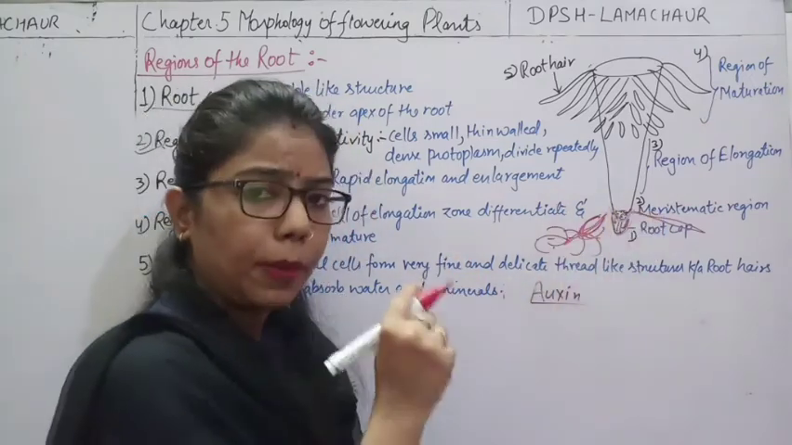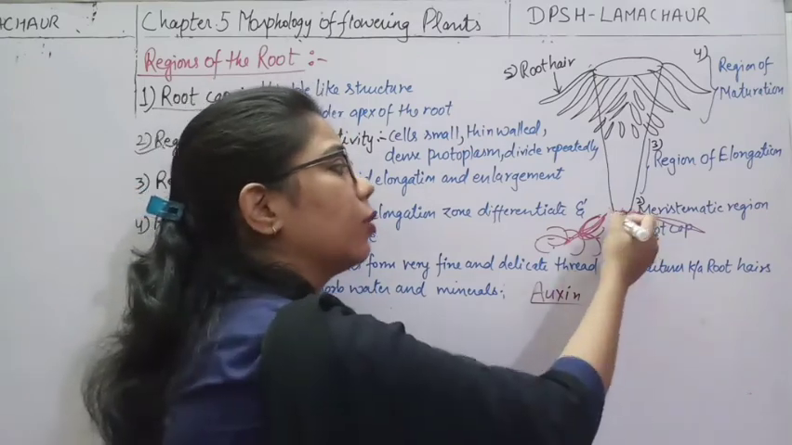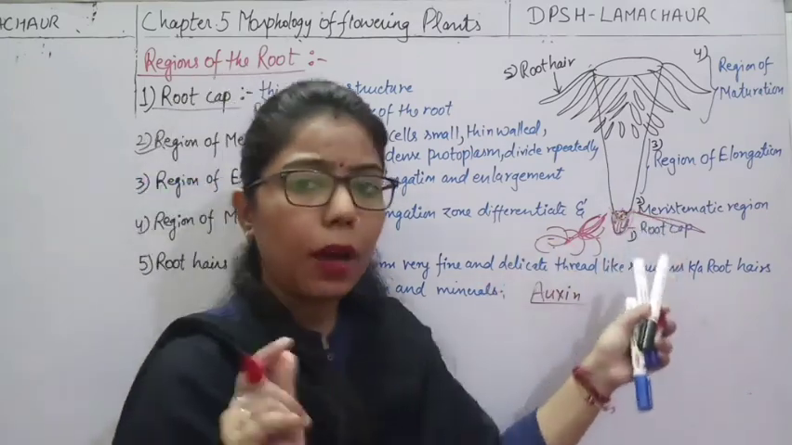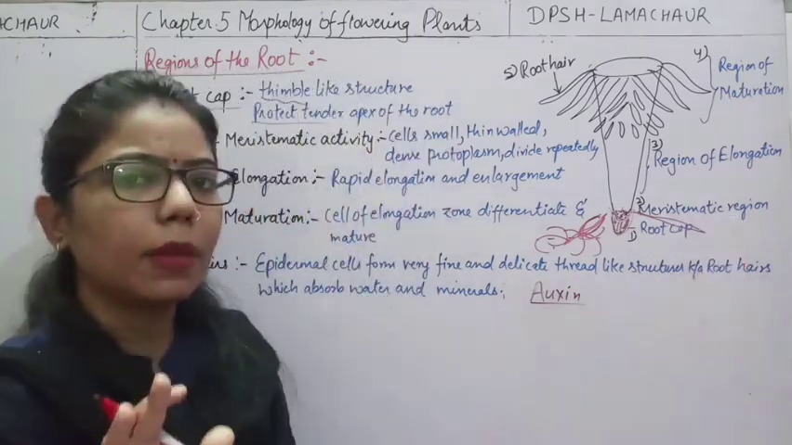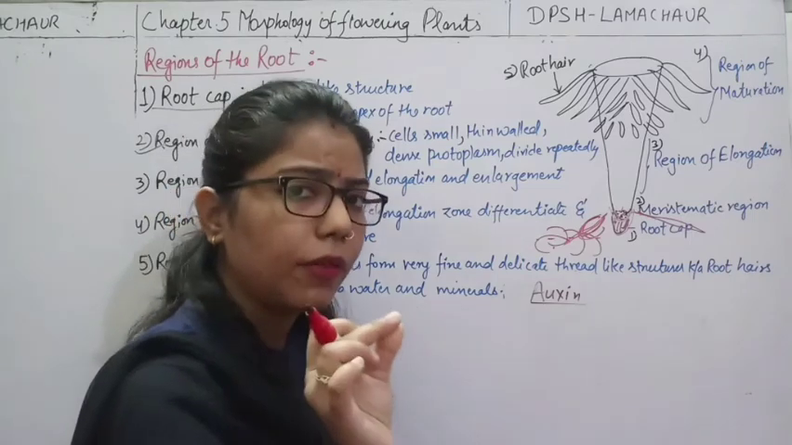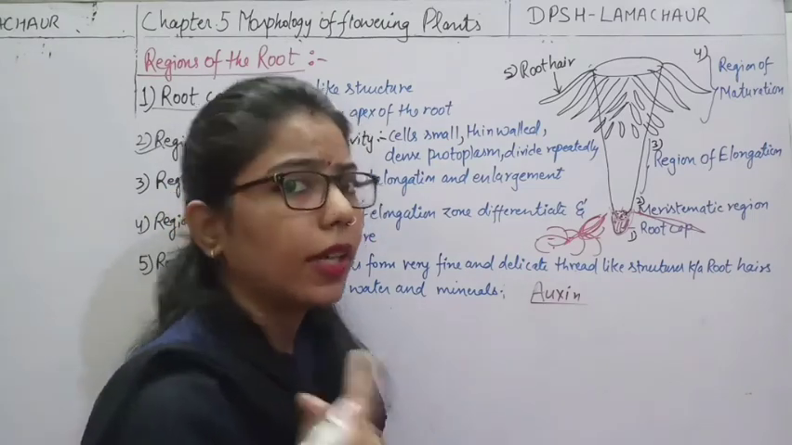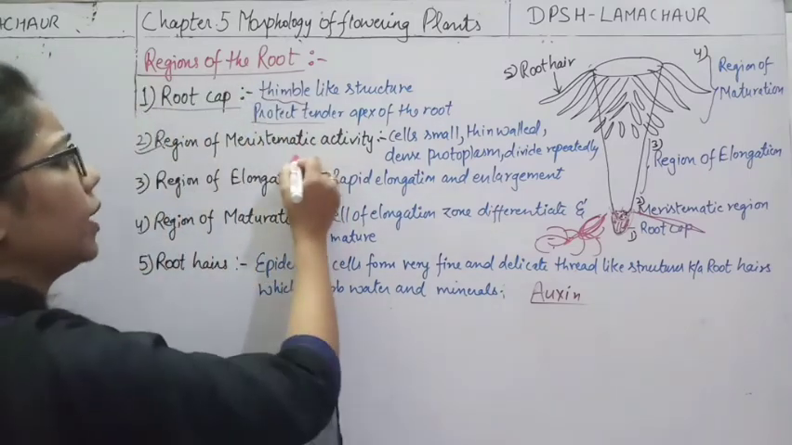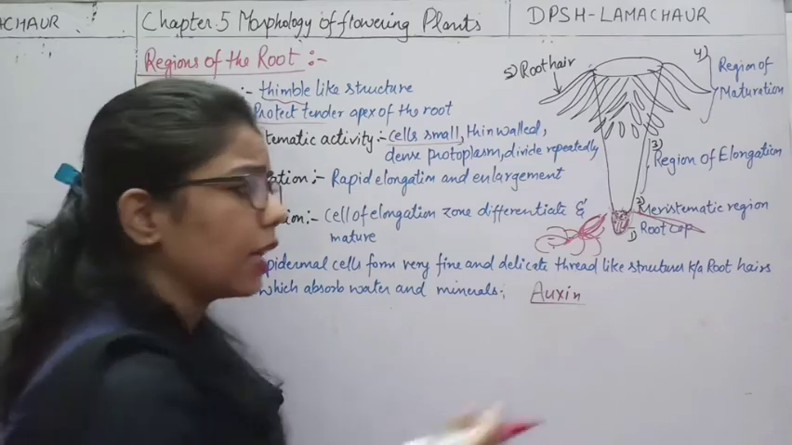These root apex cells will try to divide more and more, and when they divide more and more, this part is known as the meristematic region. Meristem is nothing but the zone which has more and more capacity to divide themselves. Clear? The same thing I have written here, the region of meristematic activity, the cells are very small in this region,